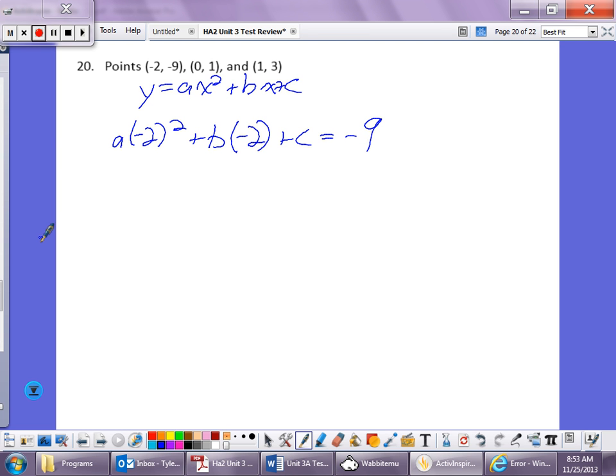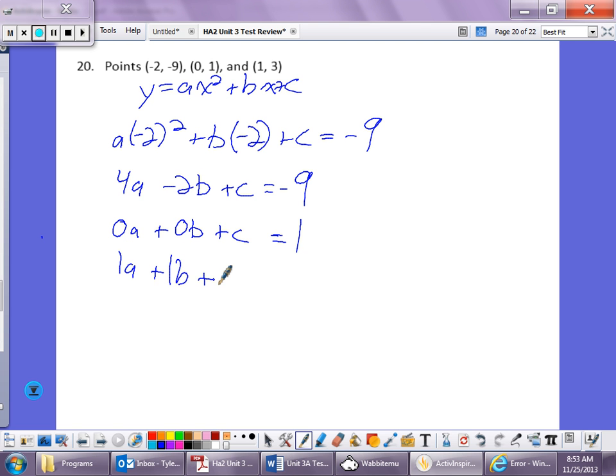All right, so I can work that out, and I'd get 4a minus 2b plus c equals negative 9. So that's how I'm coming up with these values. I can do the same thing for these two. 0 squared is 0, so I get 0a plus b times 0 is 0b plus c equals 1. And the same thing here, 1 squared is 1a plus 1b plus c equals 3. So I've put it into a system of equations, and from here you simply have to put it in